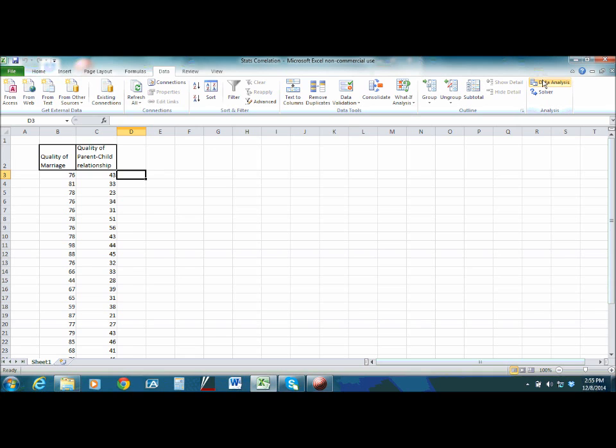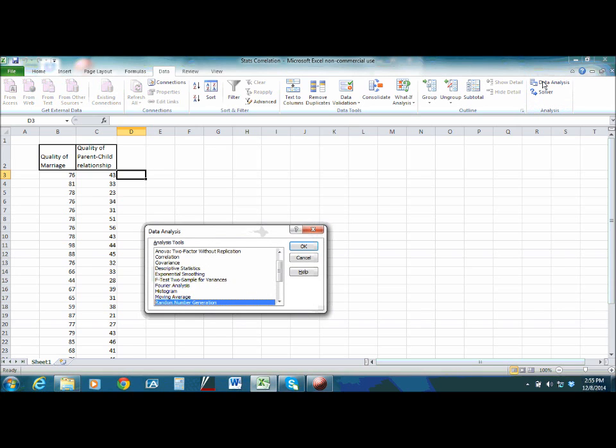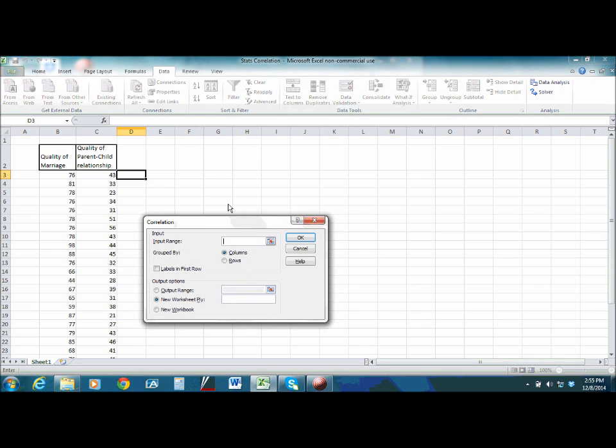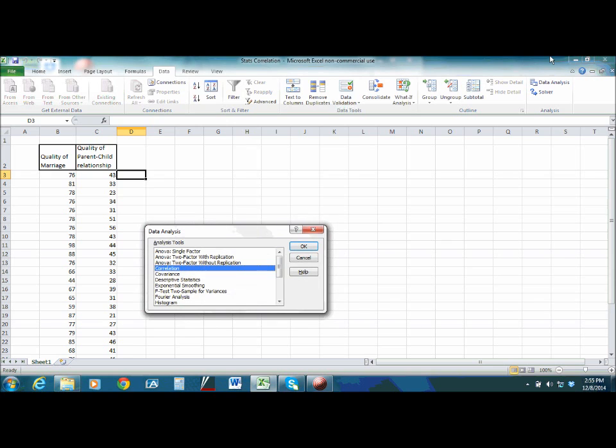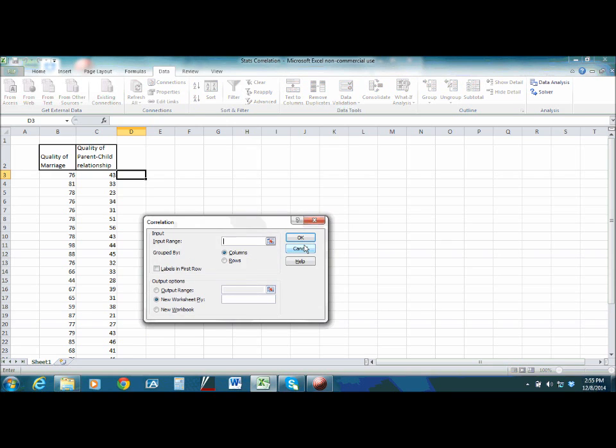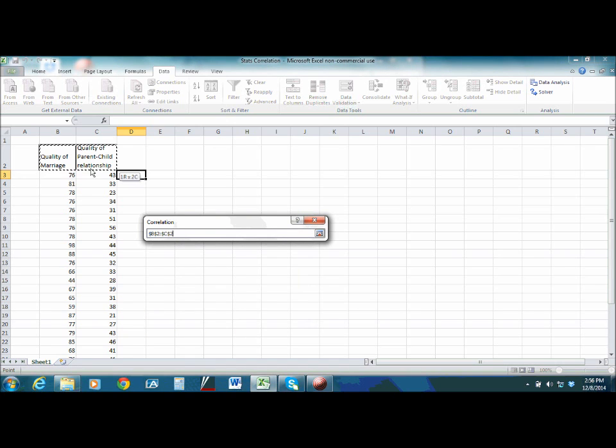We want to go over to data analysis, and we have a number of tests that are available. We can actually choose correlation. So let me do that again because I kind of went quickly. Choose correlation, hit OK. I just double clicked it real quick. And we want to choose our data range. Once again, we have a couple of labels over here chosen. So if we want to include those labels, we want to highlight